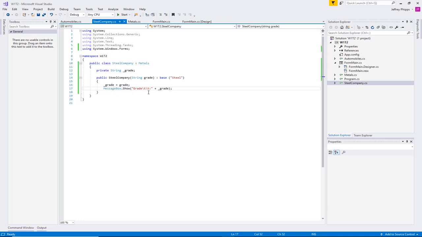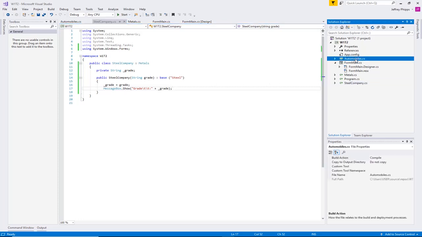I write it out in a message box, and again, very similar to Metals, except that Metals is the foundation, if you will, of all of the others. So Steel Company is inheriting from Metals, and then Steel Company will be the base of